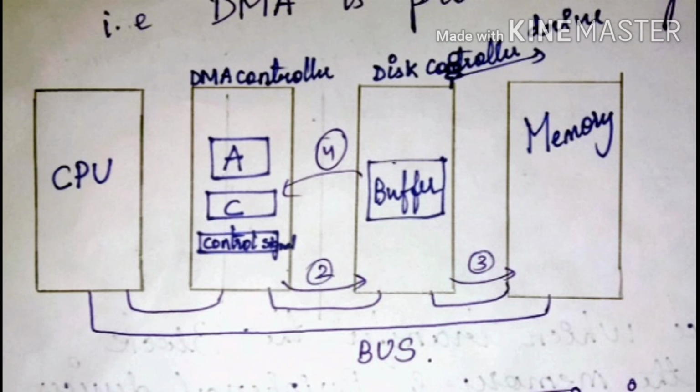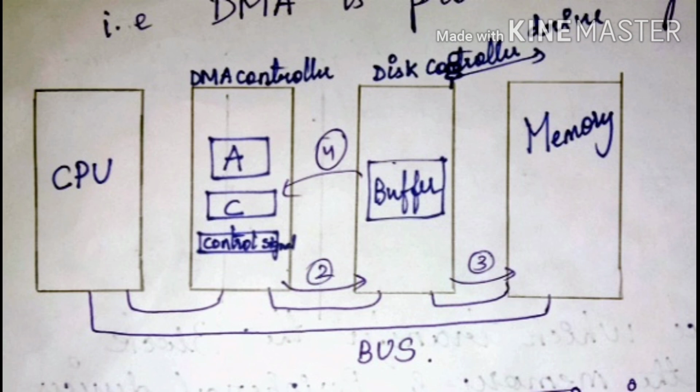CPU will set the registers of the DMA controller, so basically it programs the DMA controller by setting its registers. Also, CPU tells this controller to read the data from the drive and store it in the internal buffer. DMA controller requests this controller to transfer the data to the memory. After the transfer of data, this controller sends an acknowledgement to the DMA controller. And after getting the acknowledgement, it will decrease the count.